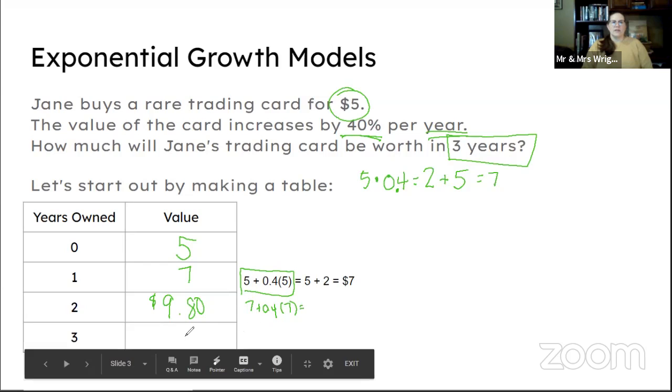Okay, so then for 3 years, I'm going to do the same thing. 9.8 plus 0.4 times 9.8. And what is that going to equal? Let's put it into the calculator. 9.8 plus 0.4 times 9.8. That equals